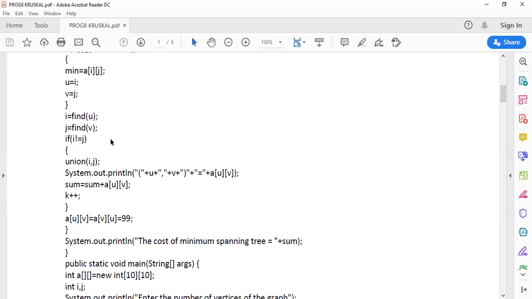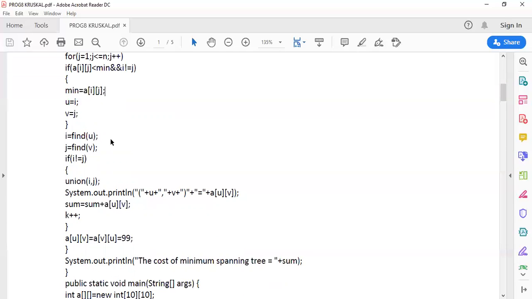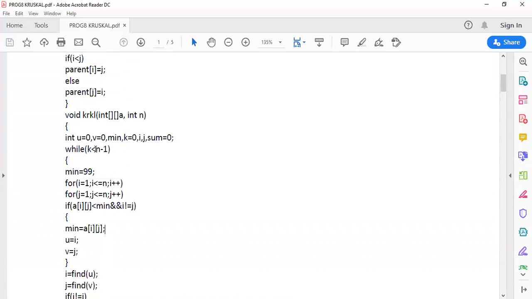Keep this in mind. So the parent of vertex 1 will be 1 itself, and the parent of vertex 2 will be 2 itself. How is that? I'll tell you.